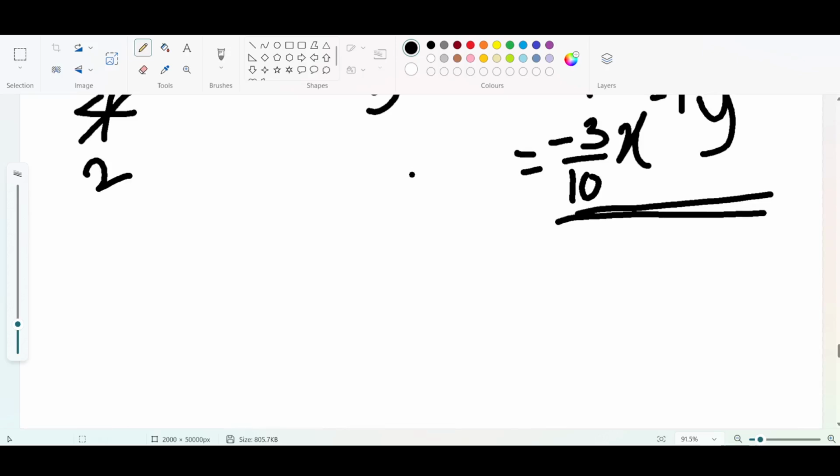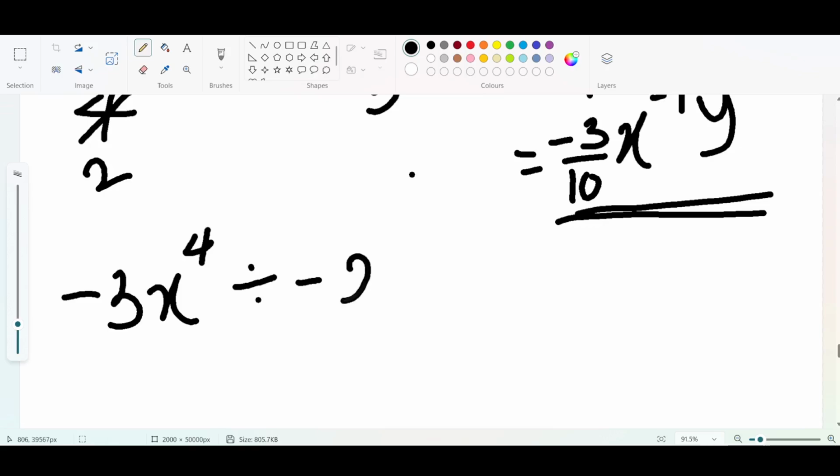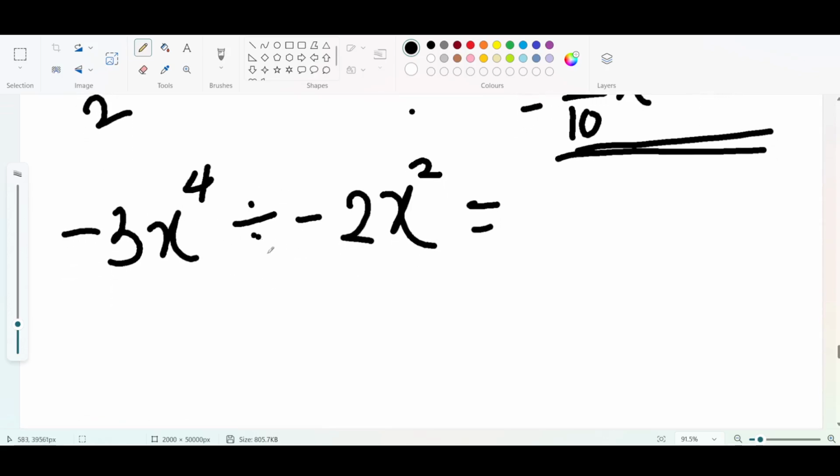So also when we see something like this, minus 3x raised to power 4 divided by minus 2x raised to power 2. For instance, if we have an expression like this, it has a division sign in it. This is the division sign. So what we do at this point is to convert the division to multiplication. Or better still, whenever we have an expression like this,